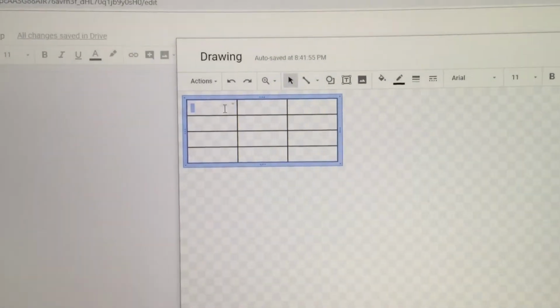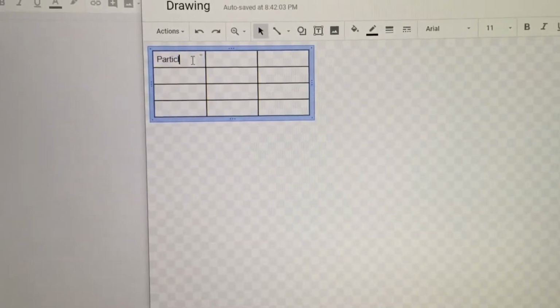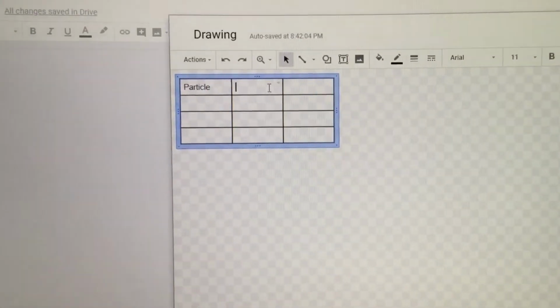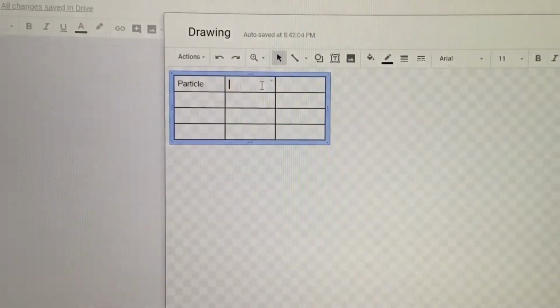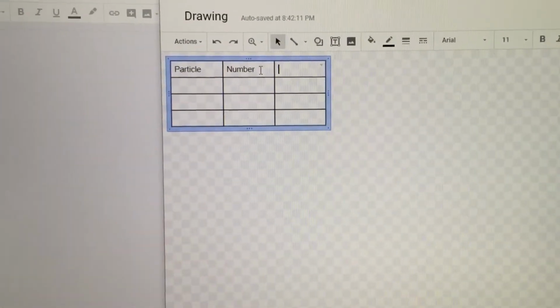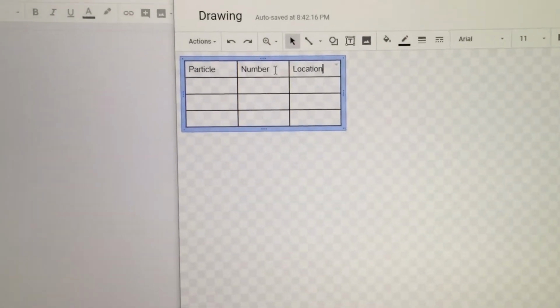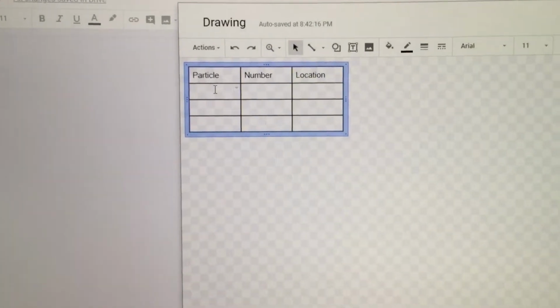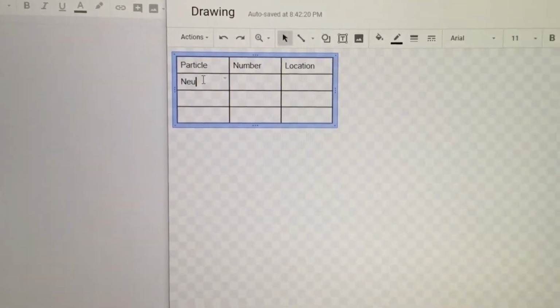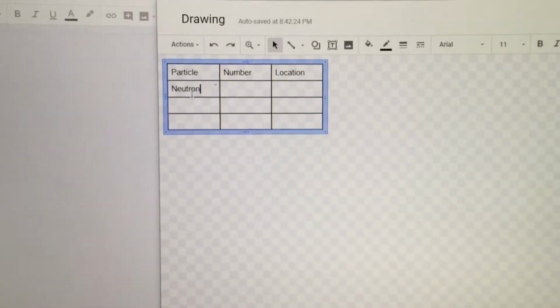You can now type information in, such as the particle name, the number of the particles, and the locations. Don't forget your 3 particles are neutrons, N-E-U-T-R-O-N. The protons,